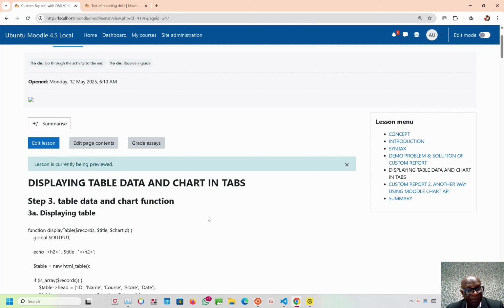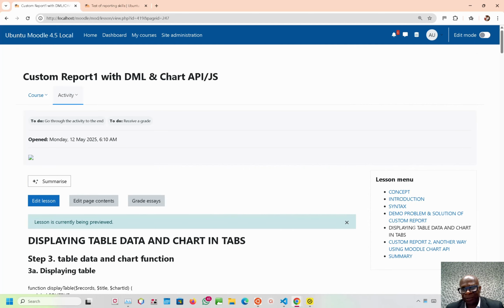You will have about three other videos on this particular Moodle DML API and Chart.js to catch up on, and then you will be on step three, which we are going to start today. This will be specifically video 5.5. We've already done 5.4. Now we're doing 5.5. Just to catch up,